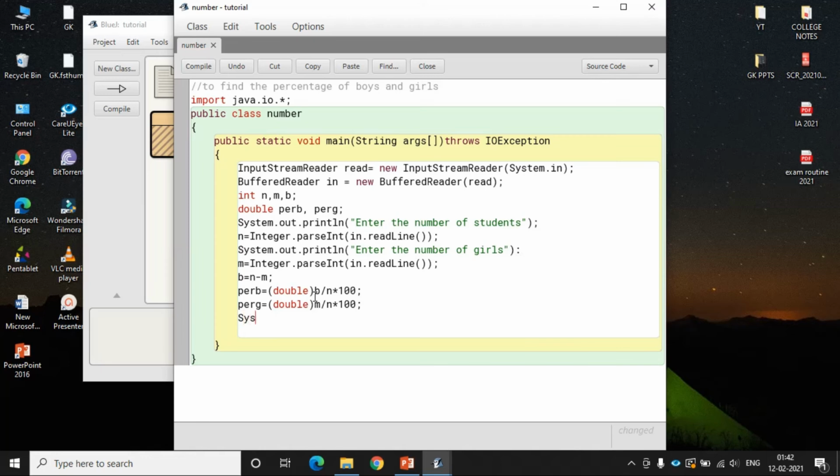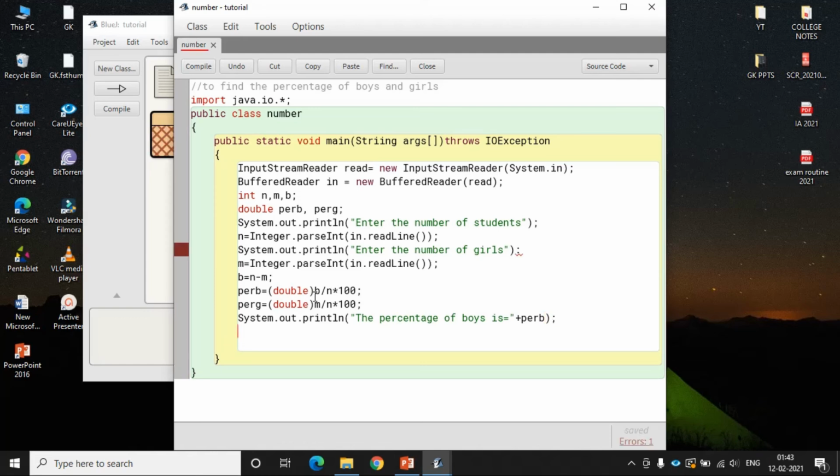We will write System.out.println("The percentage of boys is " + PERB + " and the percentage of girls is " + PERG).